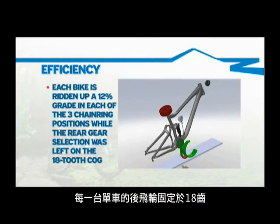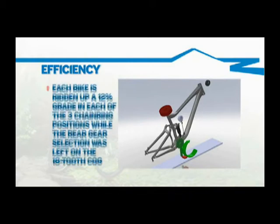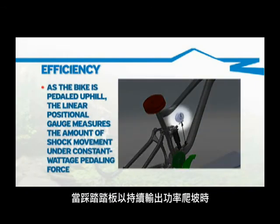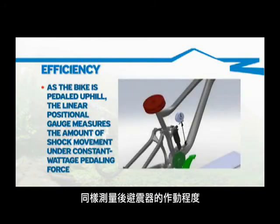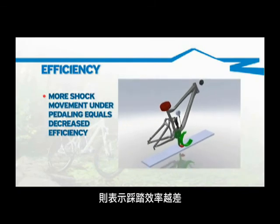Each bike is then ridden up a 12% grade in each of its 3 chainring positions, while the rear gear selection is left to the 18-tooth cog. As the bike is pedaled uphill, the linear positional gauge measures the amount of shock movement under constant wattage pedaling force. More shock movement under pedaling equals decreased efficiency,